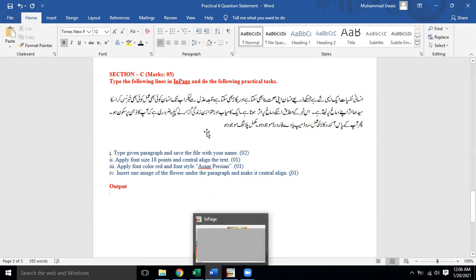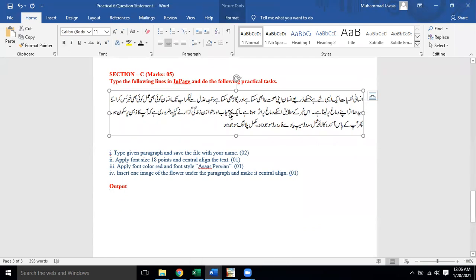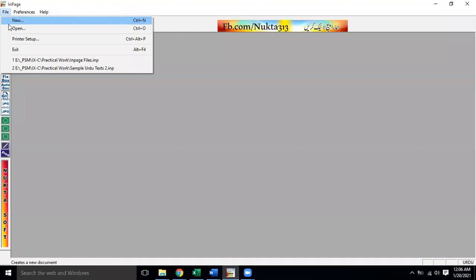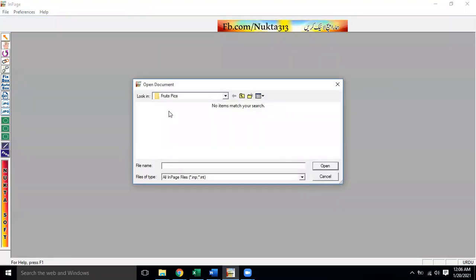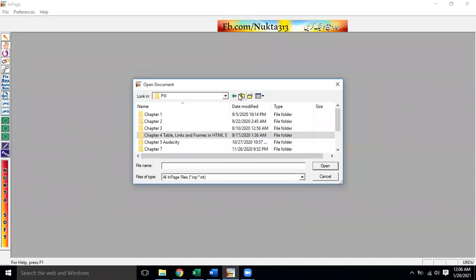The next point is that this is a passage which is given to us. This is a passage that we have to type and apply formatting to, and we have to save this work. So I have already typed this paragraph over here. I am going to take this passage which is already typed, and of course you will have to type this paragraph.